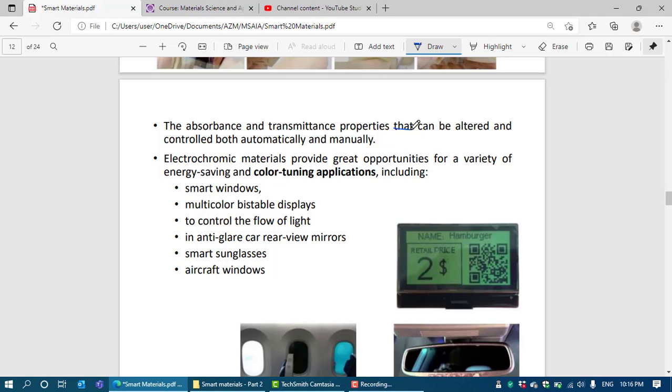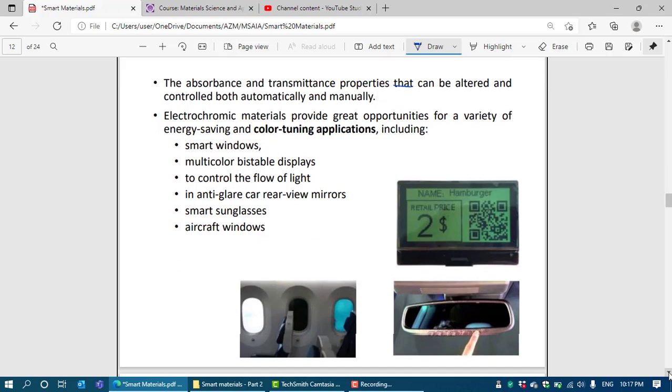In electrochromic materials, the absorbance and transmittance can be changed or controlled automatically or manually. Meaning the material itself may change its absorbance and transmittance by itself, or it may be user driven. Electrochromic materials provide great opportunities for a variety of energy saving and color tuning applications, including, where do we find these electrochromic materials? We see them in smart windows,